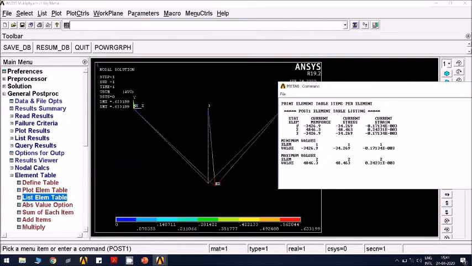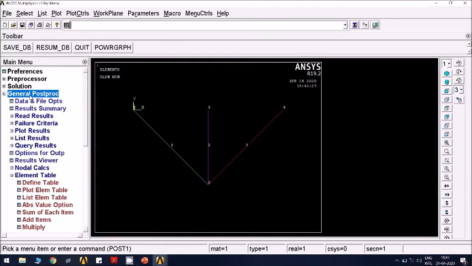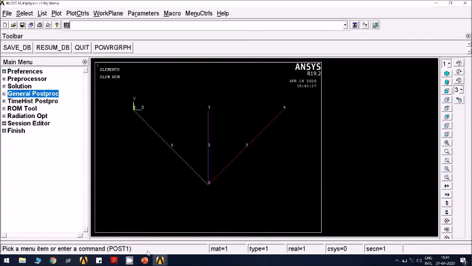You can see element number 1 is this. So we'll plot the elements, we'll try to know. So element 1 is this, it is undergoing so much stress, it is under compression. Element number 2 is this, it is under tension. You can see that the value is positive. Element number 3 is under compression again. So you can see this is the stress value in MPa, this is the member force in Newton, this is the strain. So that completes the problem.